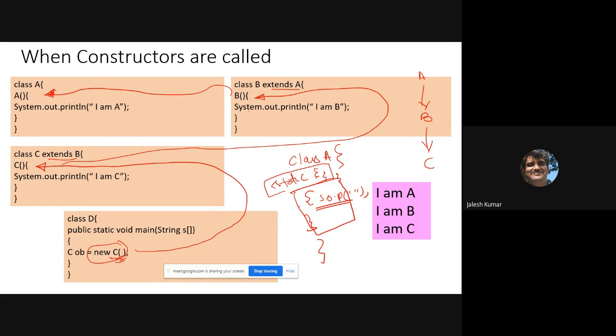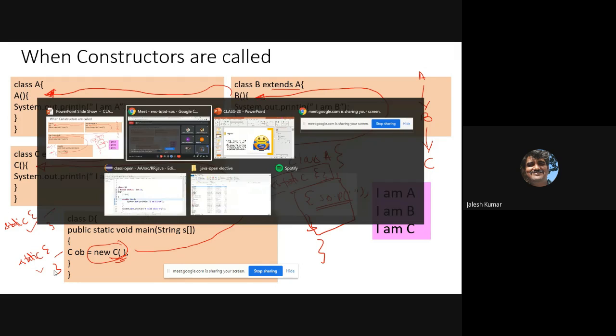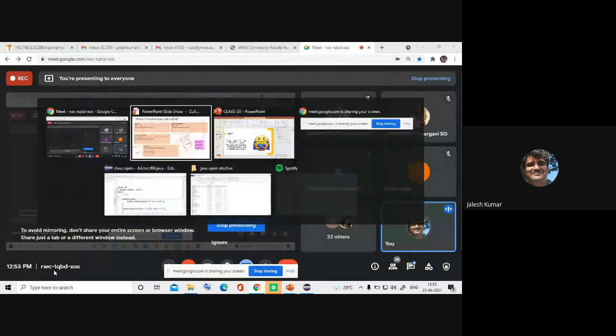And one more question somebody asked: how many static blocks can you write? You can write any number of static blocks. There is no restriction. Like I'll write one static block, and after some time I'll write one more static block. This will execute, this will execute, then it will come to main. And which static block will execute first, this one or this one? The order of execution is the order in which you write them. This will execute first, then this will execute. It will not be checked randomly. It is sequential: the first one will be executed and then the second one. Like that, the entire process will continue.